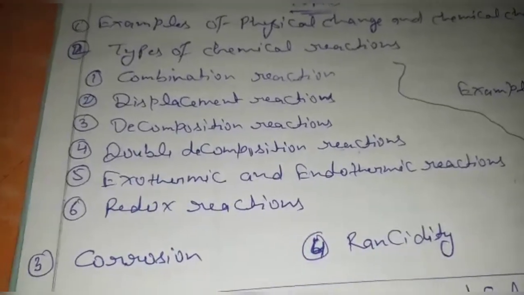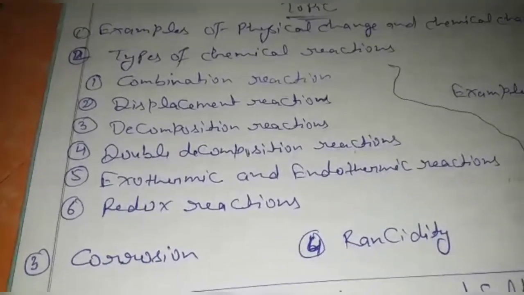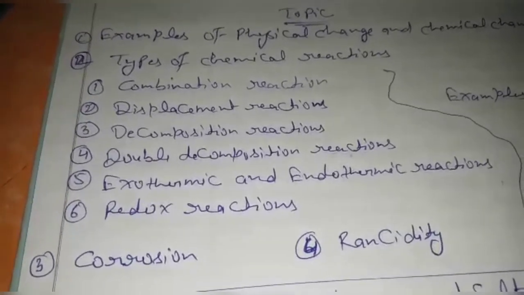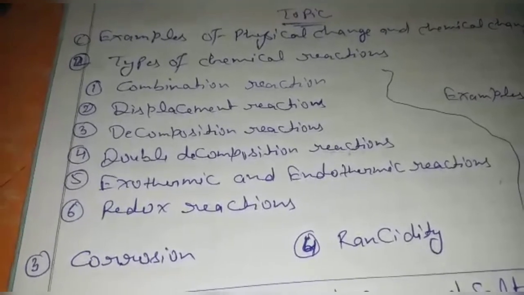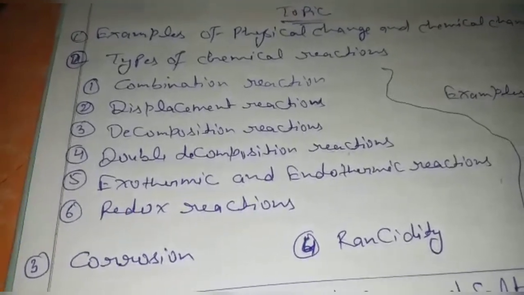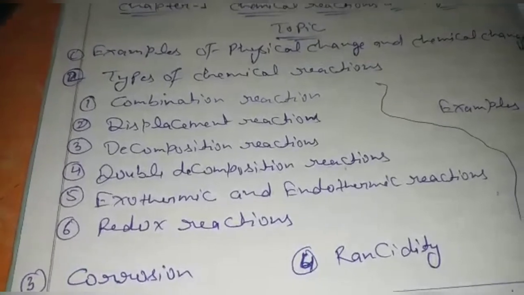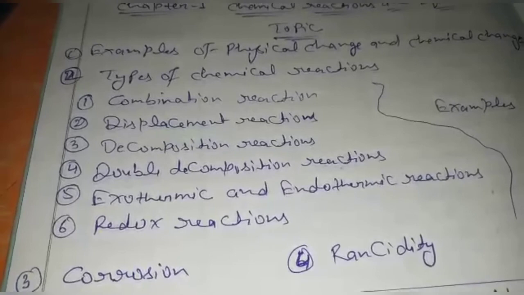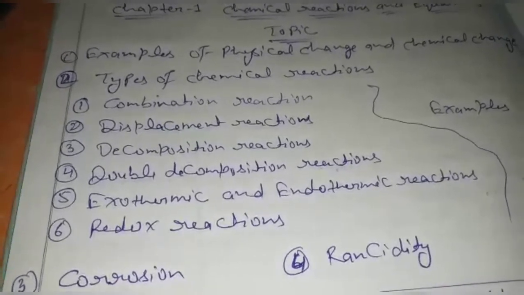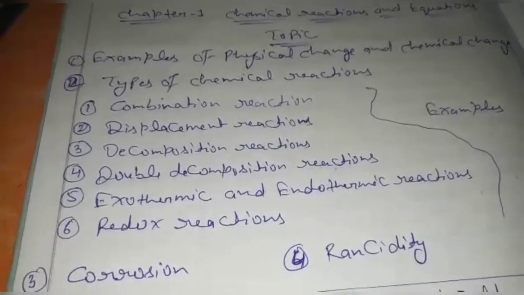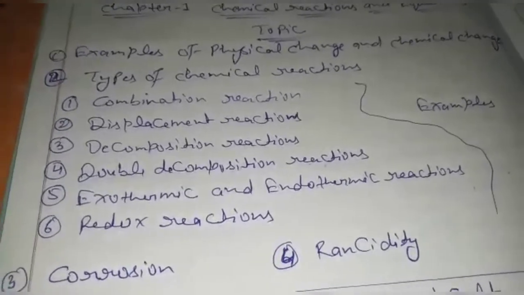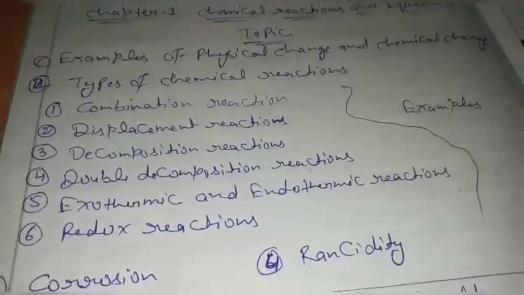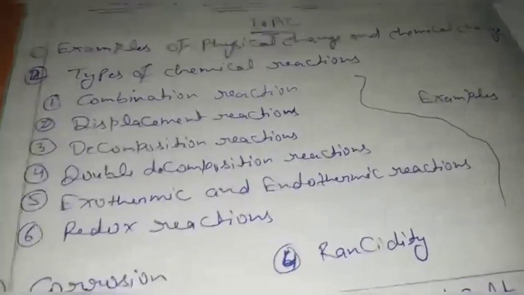Now I am going to ask a question. Photosynthesis is which type of reaction? Is it exothermic reaction, or endothermic reaction, or redox reaction, or none of them? So photosynthesis is an endothermic reaction and respiration is an exothermic reaction. These are the most important examples of these two reactions, exothermic and endothermic. In exothermic reaction, heat is released, and in endothermic reaction, heat is absorbed. Okay.